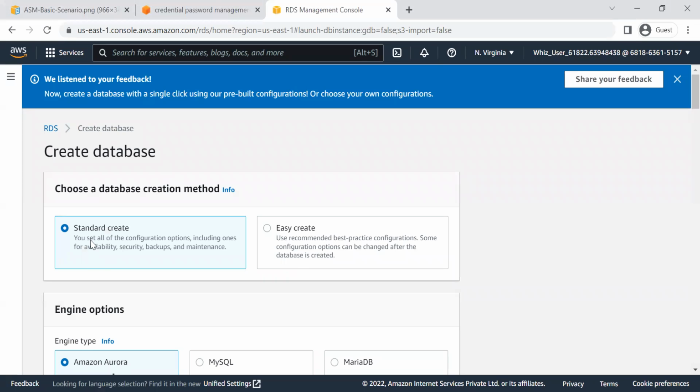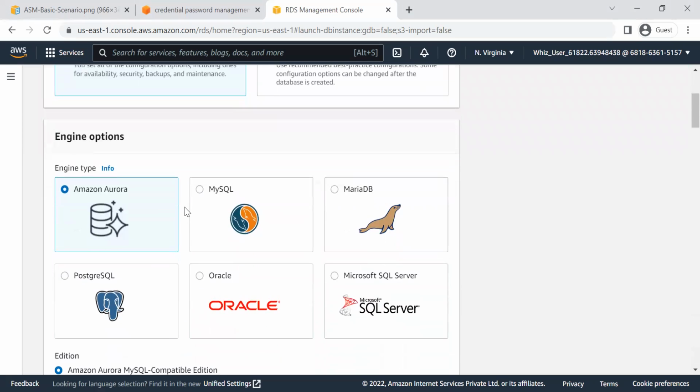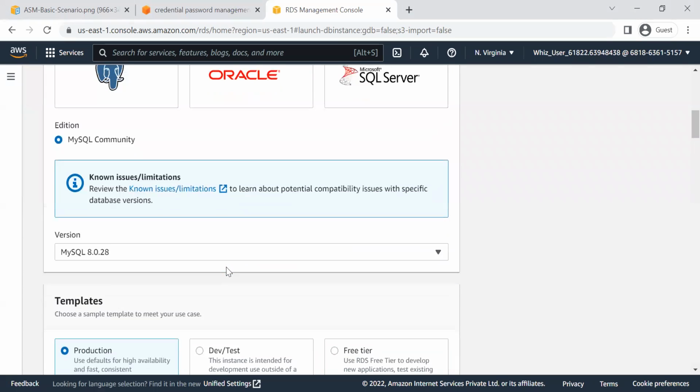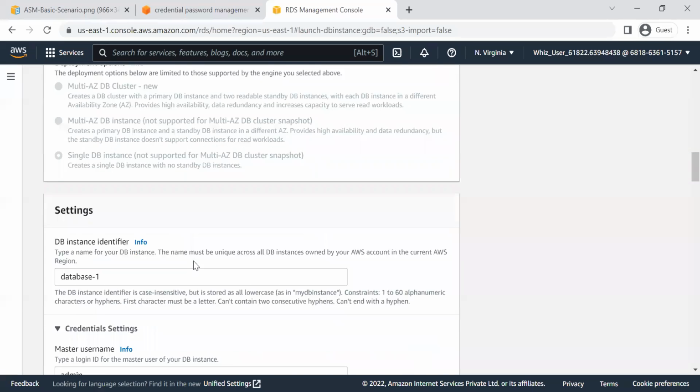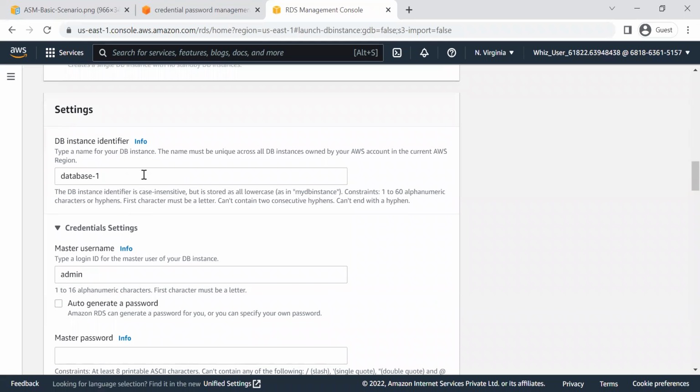I'm choosing Standard create, and the engine I'm going to take is the MySQL engine. As this is for our testing purposes, we can use the free tier instead of production or dev/test. But if it is going to be your production database, you can select accordingly. As I'm showing this for a demo, to develop a new application, I'm using the free tier, and I need to give a DB instance name. So I am giving demo